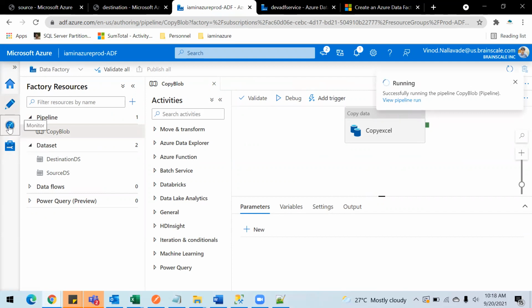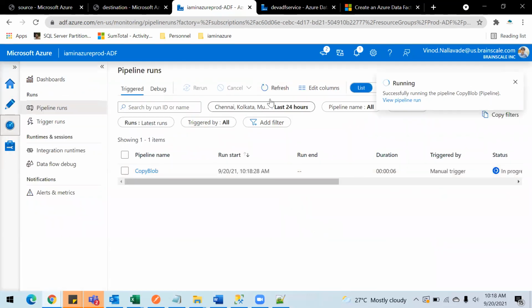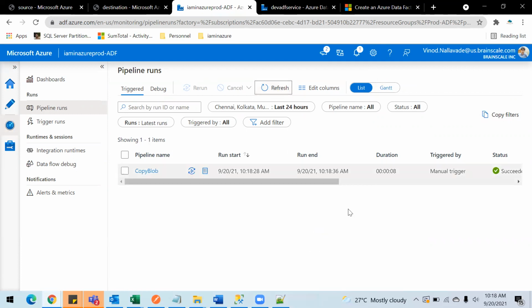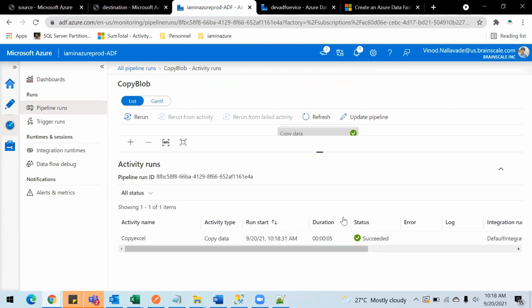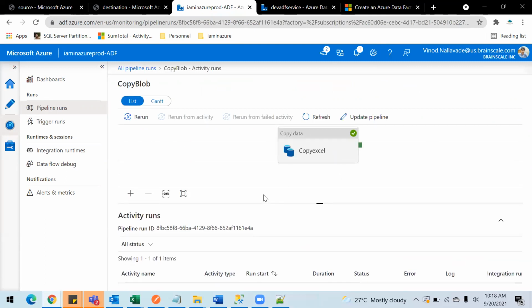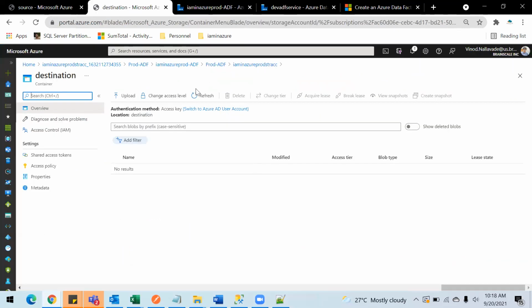Yeah, the pipeline started running. You will see this being completed within 8 seconds. So it took 8 seconds for the completion of the pipeline. Now you will see the copy activity has been completed, and in the destination, if you refresh, you will be able to see the file.